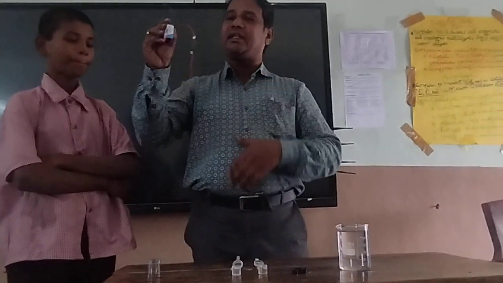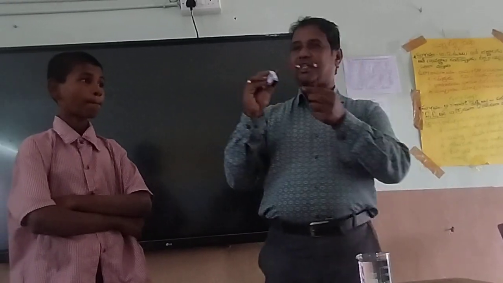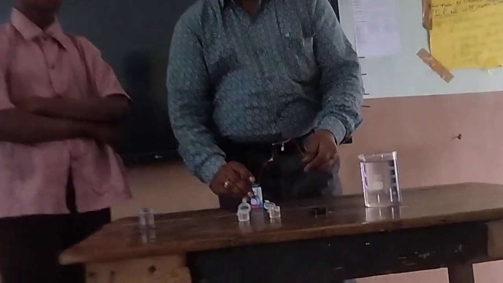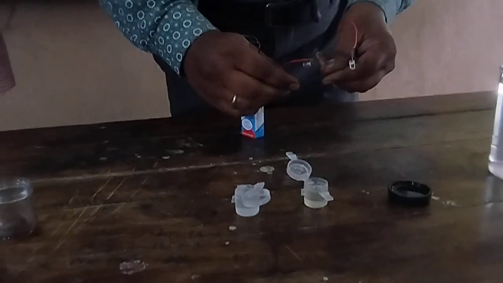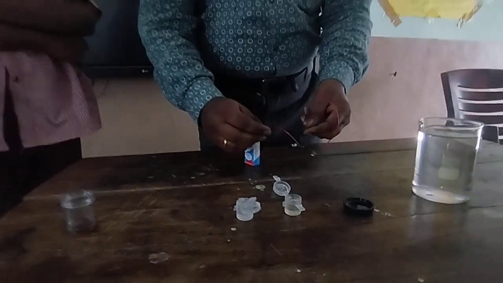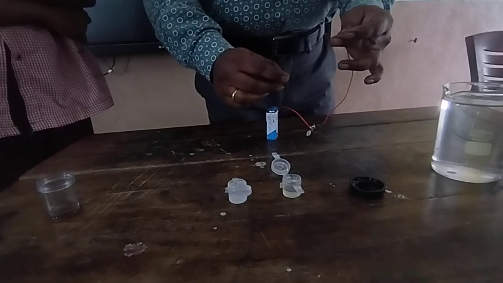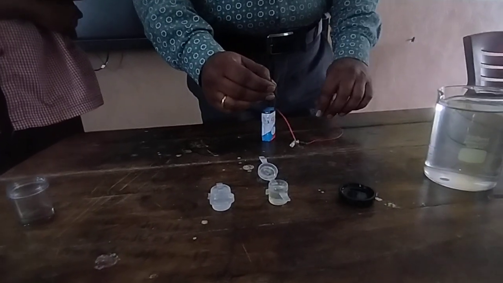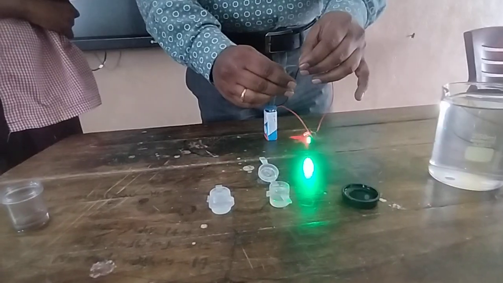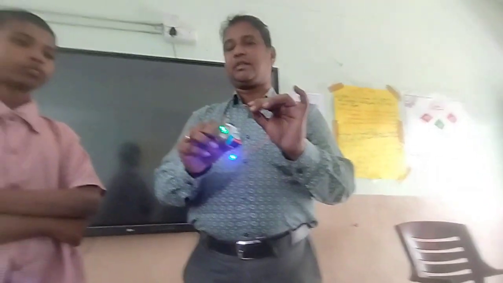Now we are observing the conductivity of liquids. But before that, we have to check whether the circuit is working or not. For that purpose, you take just two wires. Now we are going to complete the circuit, so it is called a closed circuit now. If I close it by connecting, you observe the emission of light.